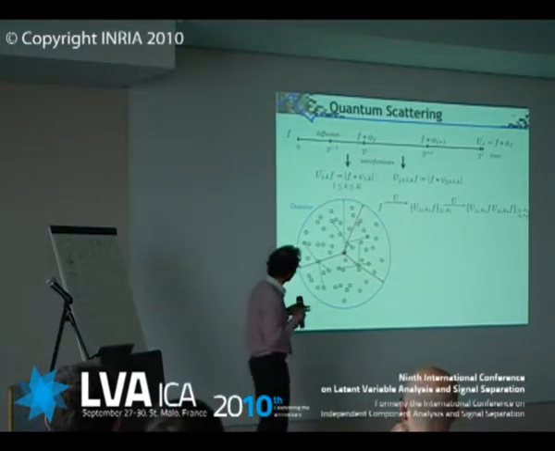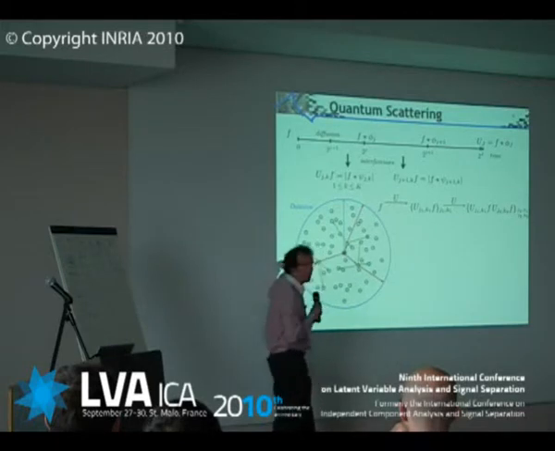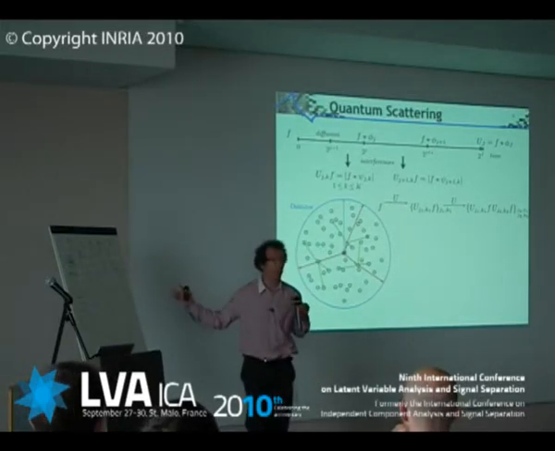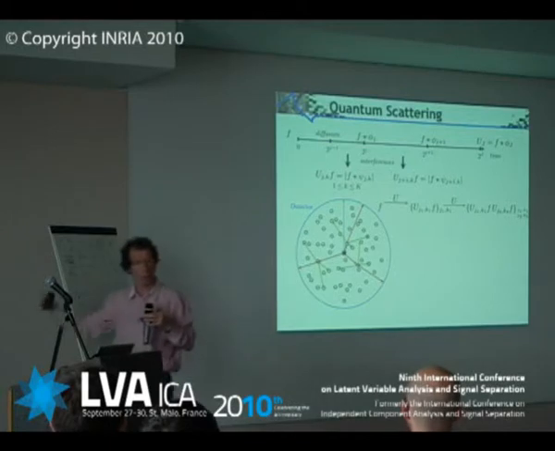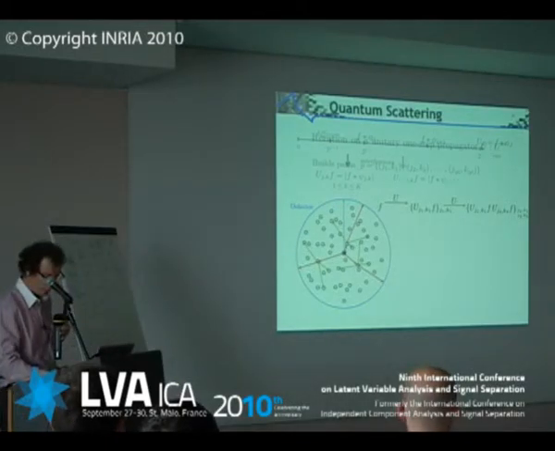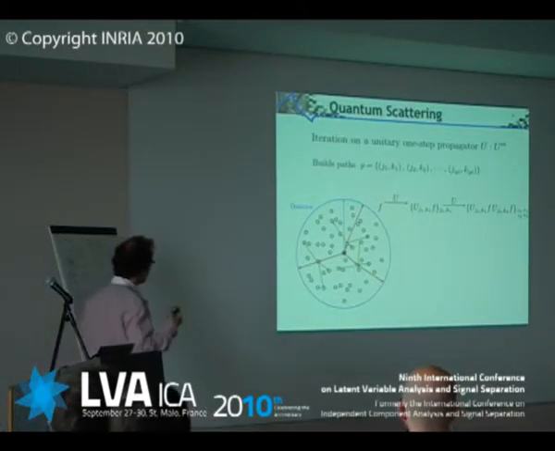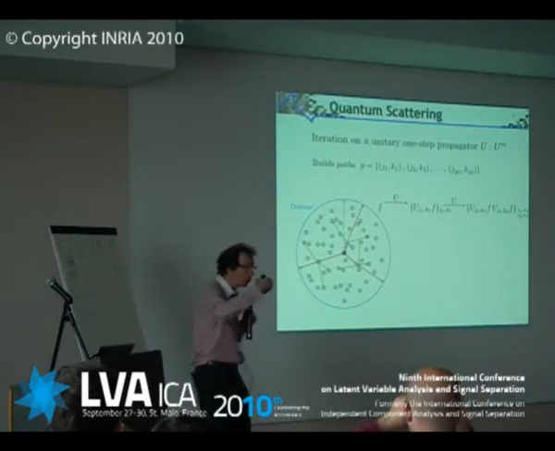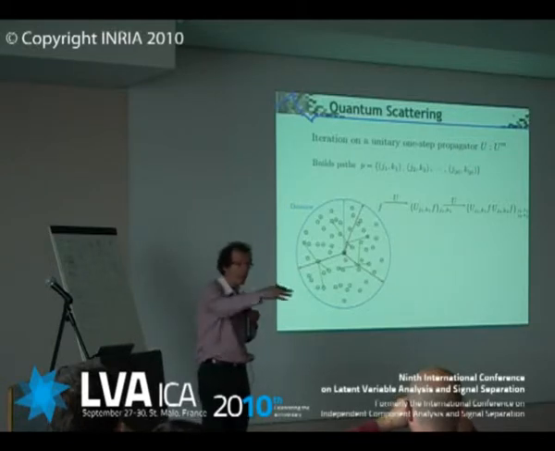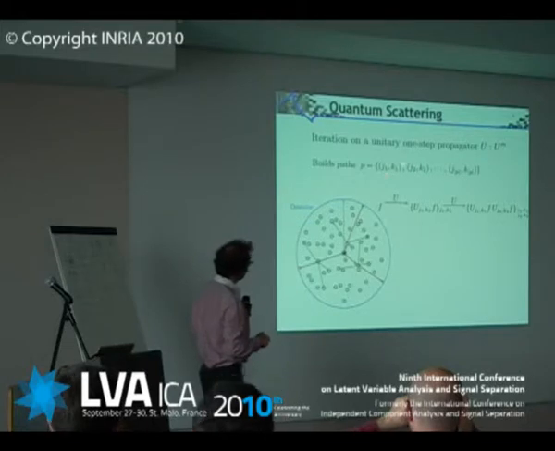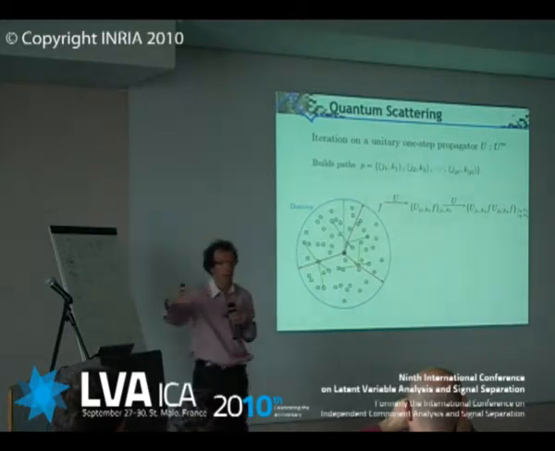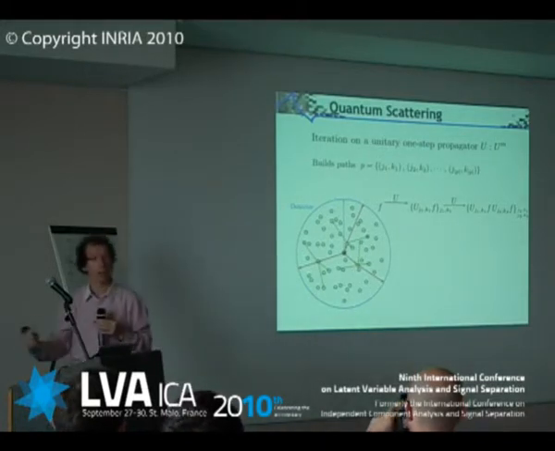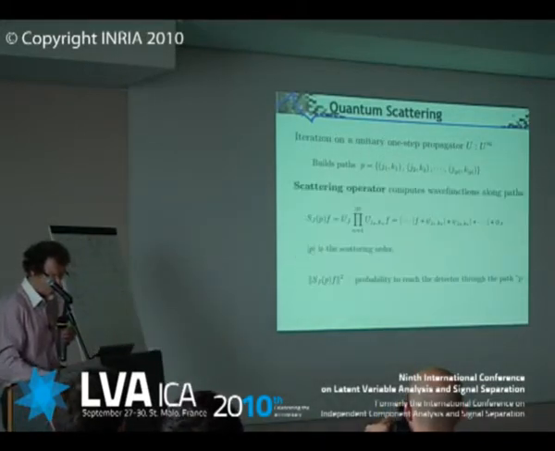And you see that your particle can follow any path, and in fact there is an infinite number of paths corresponding to all the possible interactions, okay? So basically what we're going to do is to iterate on this one-step propagator, which takes this particle. You may have any kind of interaction, first step, any kind of interaction, second step, and so on, corresponding to wavelet convolution modulus, okay? And it defines a path. And we're going to look at what's happening along all possible paths, okay?